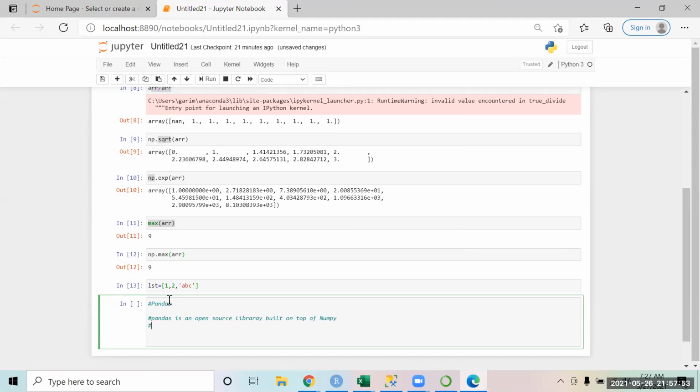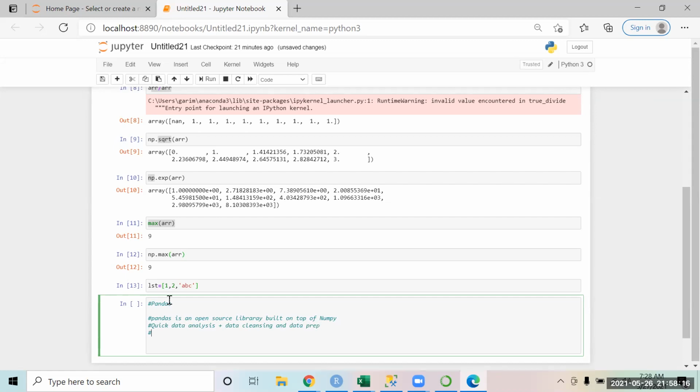Why do we use pandas? Pandas is something that we will be using for quick data analysis, plus we will be using it for data cleansing and data preparation. These are the things that we will be using pandas for.